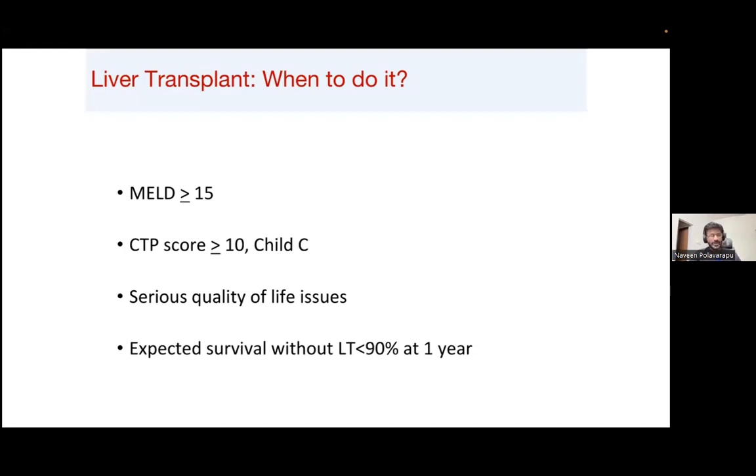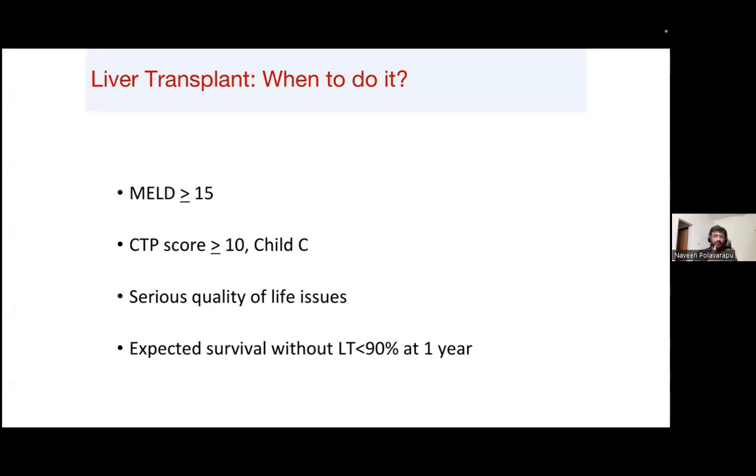So that's the reason why in the Indian setting we generally start evaluating for liver transplantation if the MELD is about 12. But universally, if MELD is above 15, it is definitely an indication for liver transplant. If they have a CTP score of more than 10, Child C in particular, they're definitely yes. And if they have any serious quality of life issues, particularly in patients with PBC who have intractable itching or pruritus,